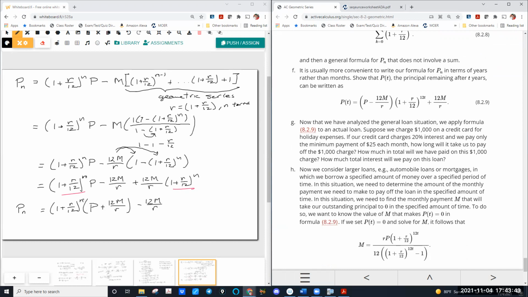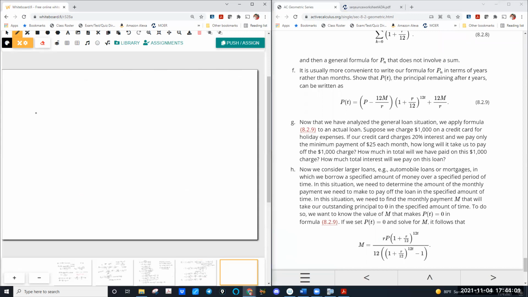Well, then what we're trying to solve for is n. Okay, a couple different ways you can do that. Number one, you can solve for n from the beginning, or you can wait until the end to solve for n. But let's do this. I need a little bit more space. All right, so we've got our formula. P sub n equals